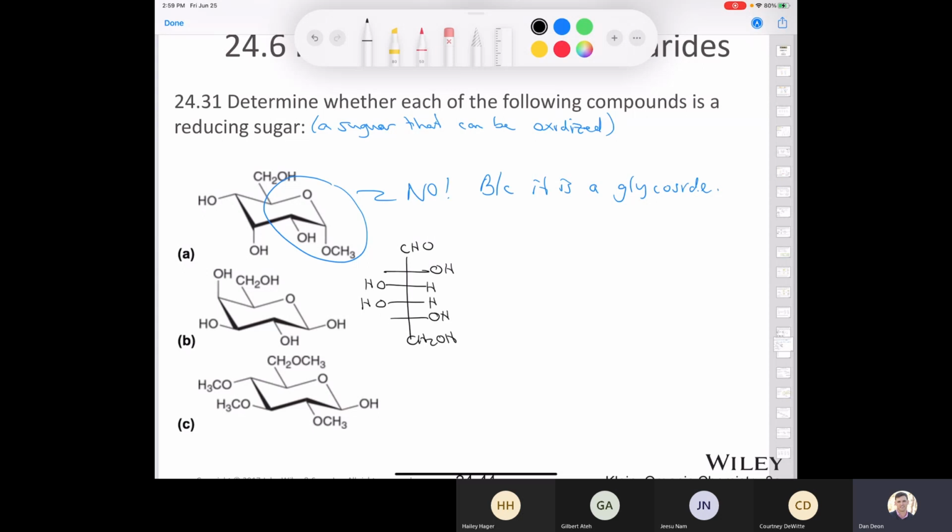Okay, so since it has an aldehyde which can be oxidized, right? This can undergo an oxidation, okay, to give us, it usually gives you a carboxylate instead of a carboxylic acid. But anyhow, let's just imagine it was oxidized to give you a carboxylic acid, okay, like this,